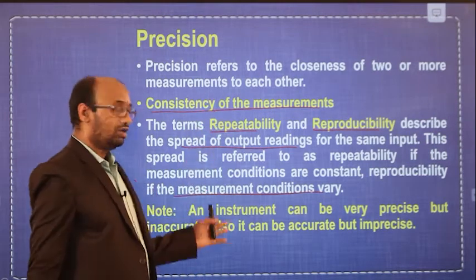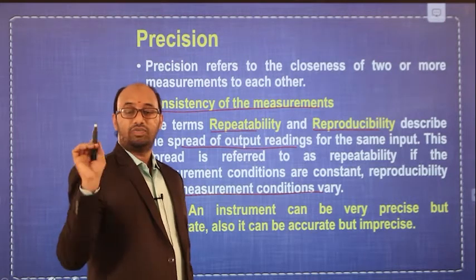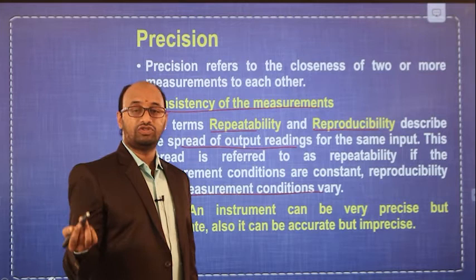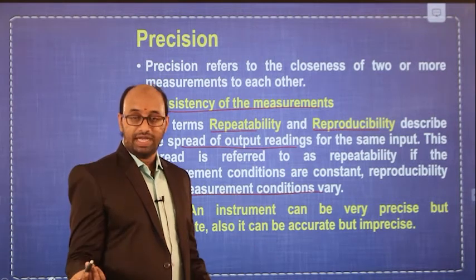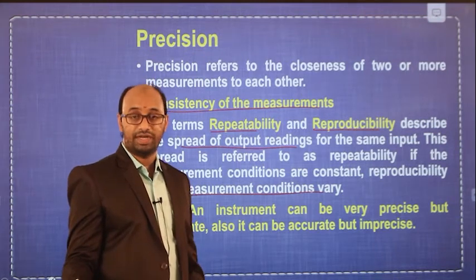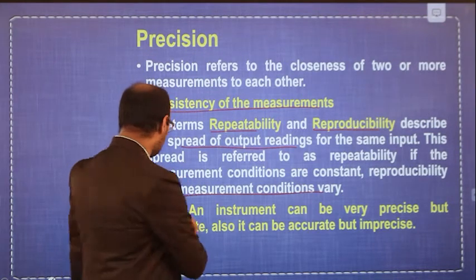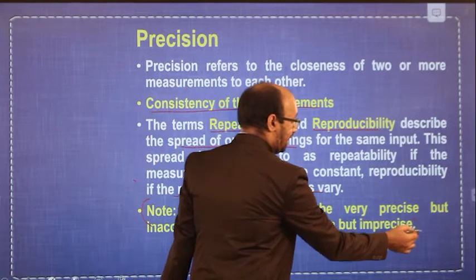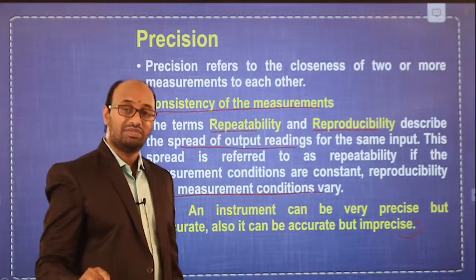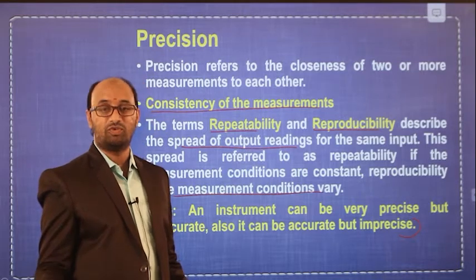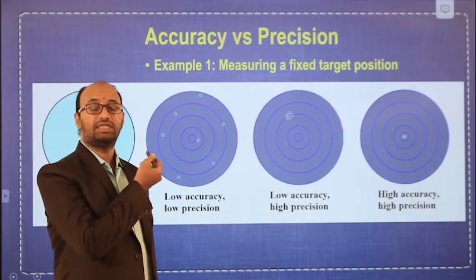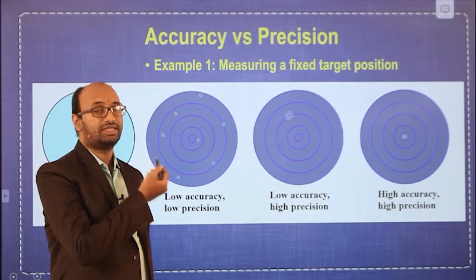of measurements. An instrument is supposed to be both accurate and precise, but in most cases the instrument might be accurate but not precise, or it may be precise and not accurate. So it may possess either of these two. An imprecise instrument may be accurate, or an inaccurate instrument may be precise, or sometimes the instrument may be both accurate and precise. Now let us understand this accuracy and precision with a few examples.